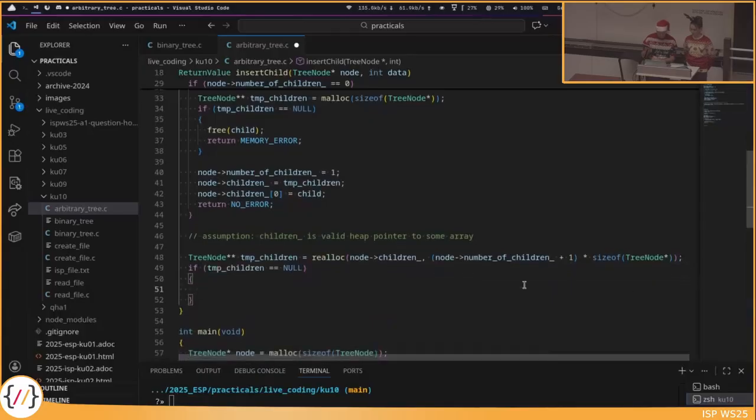So what happens if the temp children is null? We could not increase this, but then realloc doesn't touch the old array. The old array still exists, it's on the same location, the pointer is still valid. So basically, the whole tree, and in particular the node, is still valid because it has a working array to